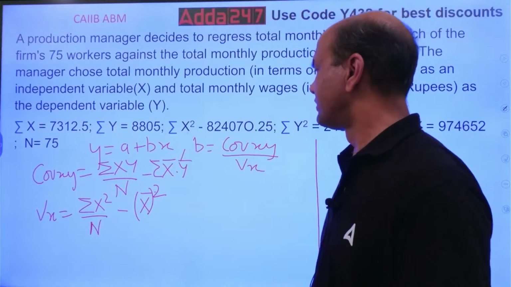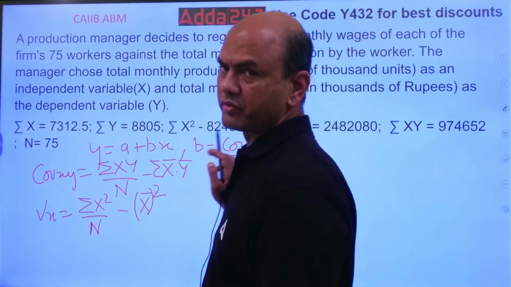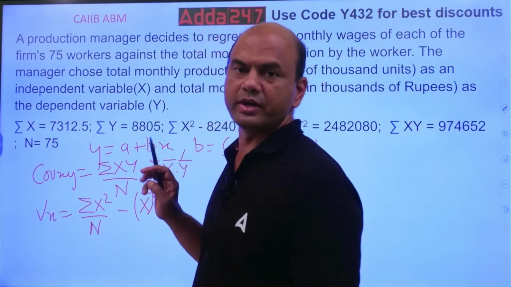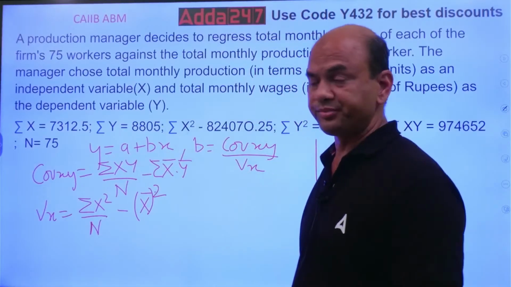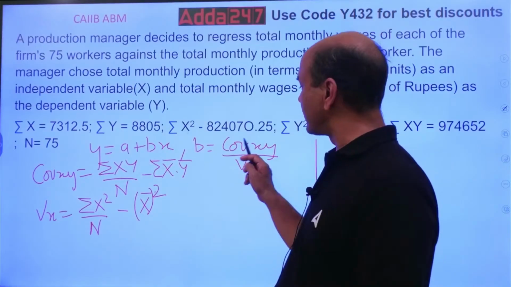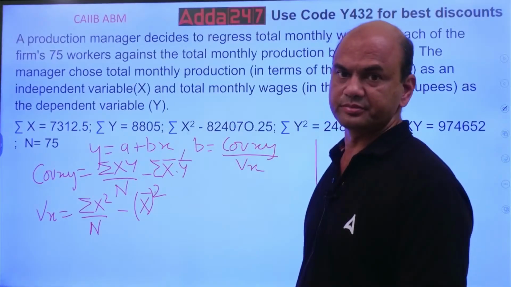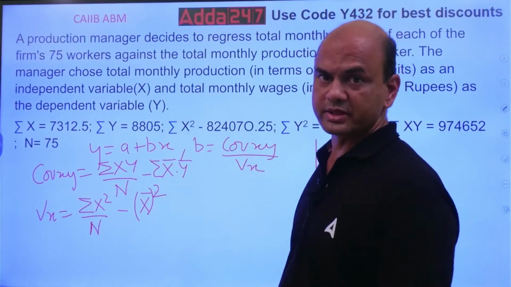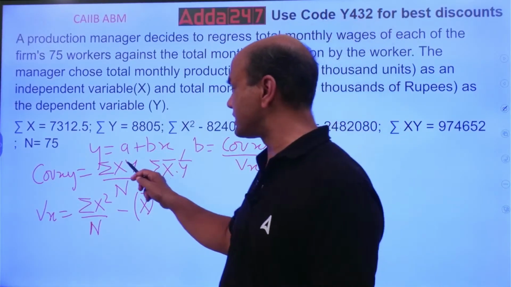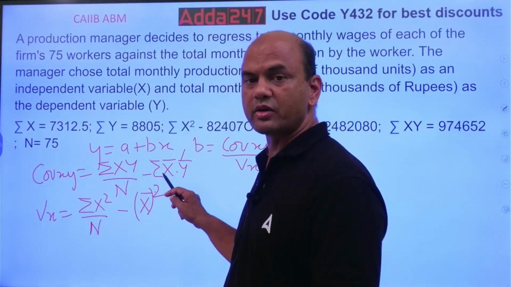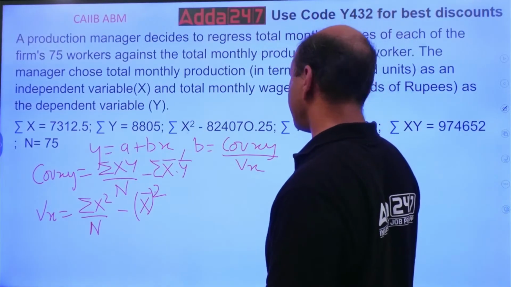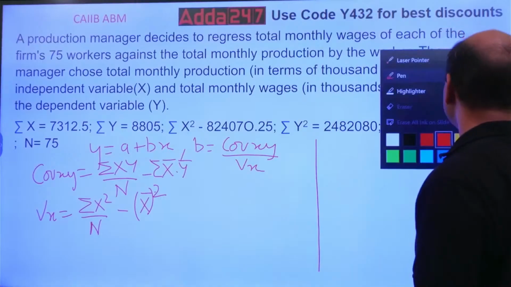So, say this. Here you are required to solve y equals to a plus bx. This is a, and b is what you have to find out. What is the formula for b? First find out b. B is easy to find out. B formula is covariance of xy upon variance of x. Okay? Now what is covariance of xy? Covariance of xy is summation xy upon n minus x bar dot y bar. Now let's solve this. So covariance of xy will be what? Shall I write this over here? What I'll do is,